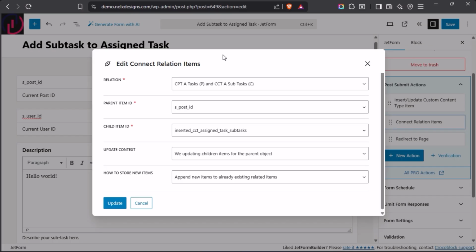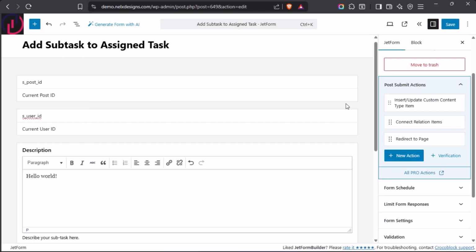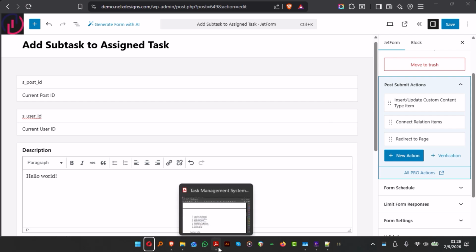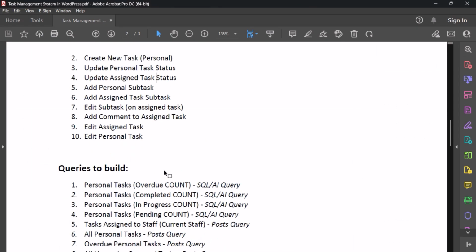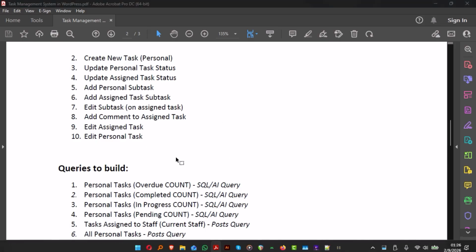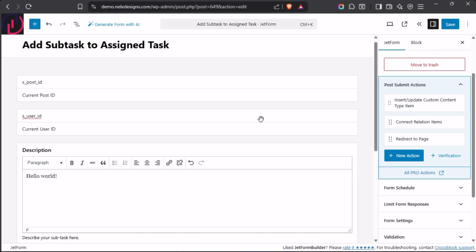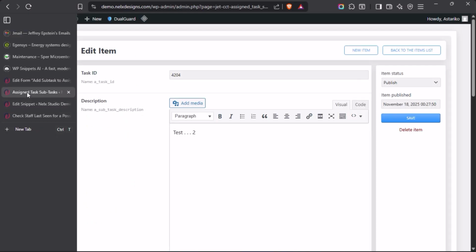But before we do this, I almost forgot a very important step, and I also did not add it in the list here. That's why we almost forgot. I was supposed to add relationships to create. I think I will update the list because I said I will make it available to you. I will update it so that you also don't forget. Now let us go back to